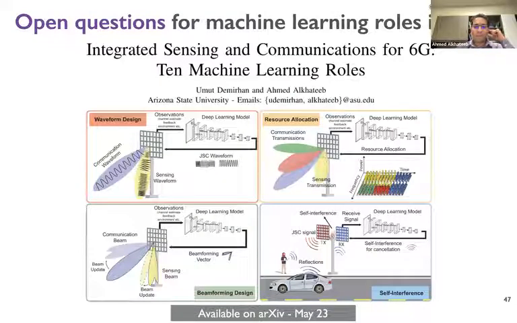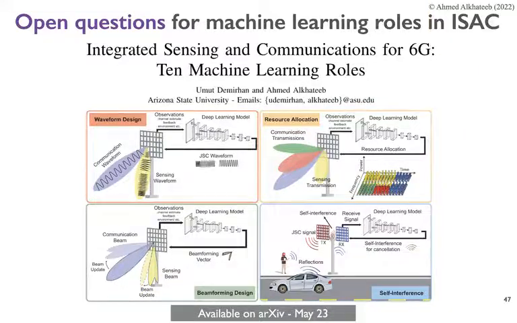Now, in particular for ISAC, integrated sensing and communication, one interesting direction is to explore different machine learning roles in this topic. For example, waveform design, resource allocation, and self-interference cancellation and management. And if we look at a network of communication and sensors, then how about the interference, and how about this complex decision? So again, in this paper, we also try to